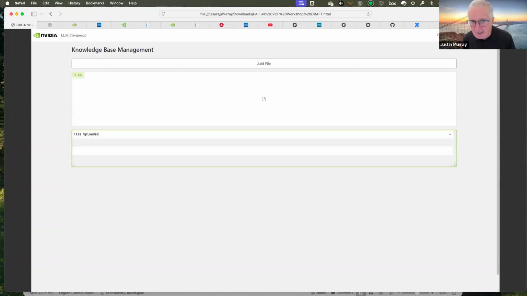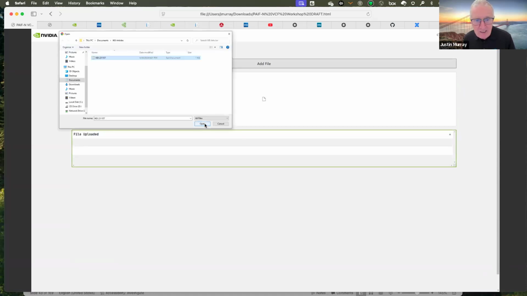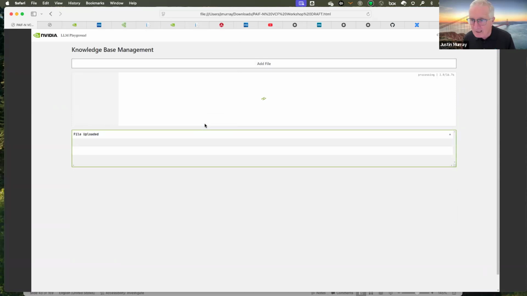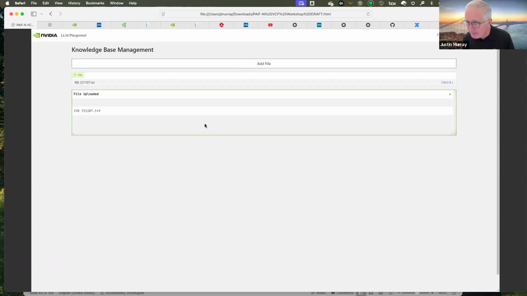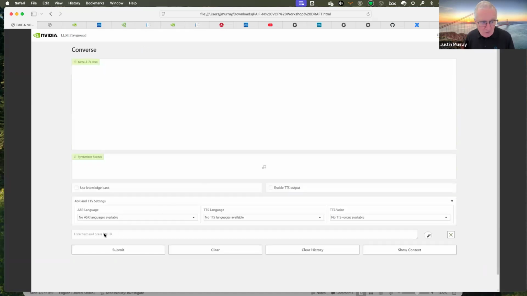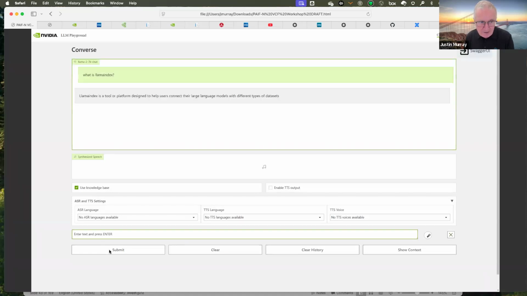So we're going to fix that by adding a file into our vector database that contains data that is pertinent to that question. Now, this would have been done in advance in real life. We've just added a data set into the vector database that's underlying this application, and we're going to go back now and ask exactly the same question again. But this time we've switched on the vector database. The knowledge base here is the vector database. Exactly the same question. What is Llama index? And this time we get a sensible answer.